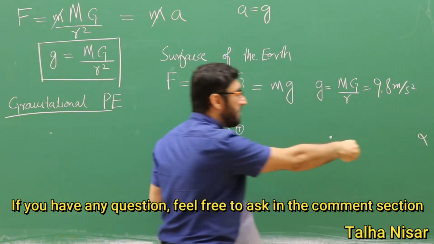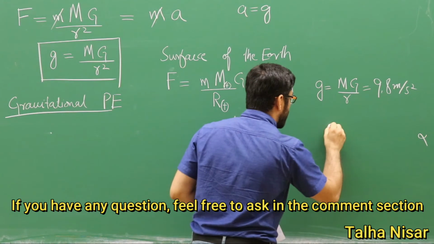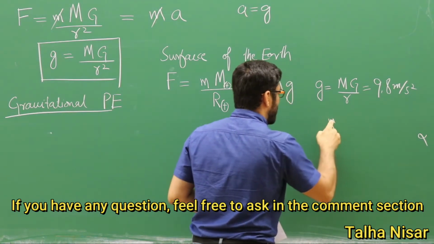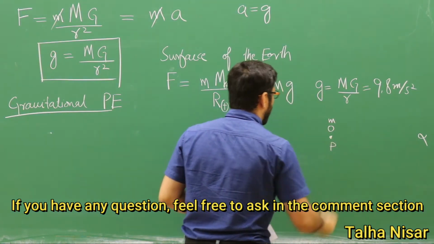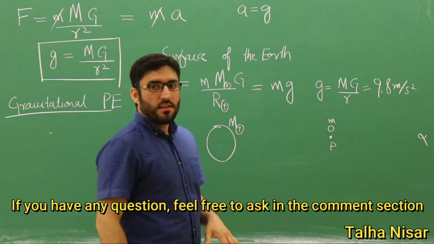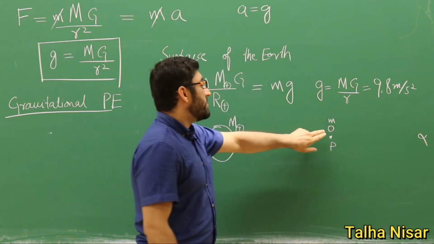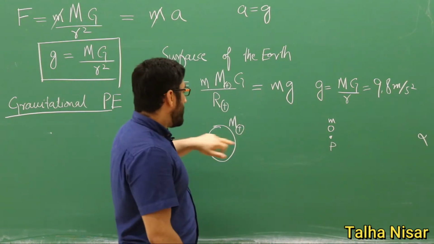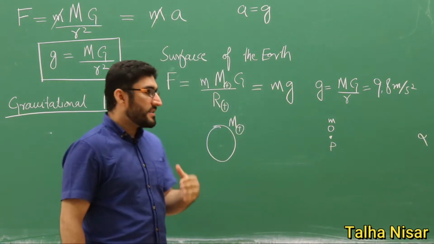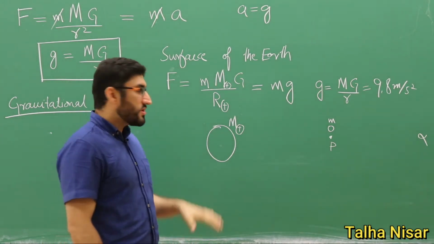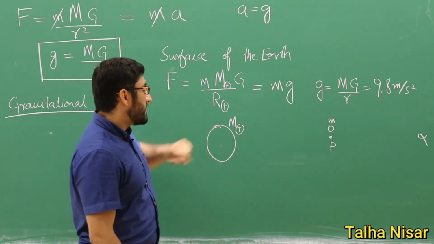This is a small mass, which has a small m, and this is point P. And the work done that I have to do to bring this mass from infinity to this point